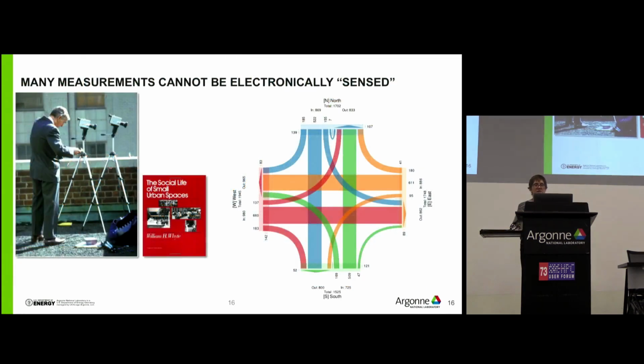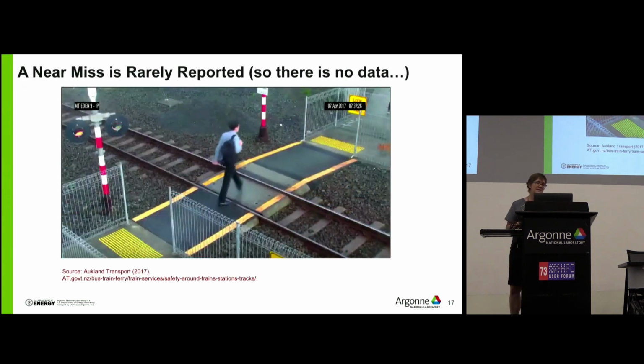But what's really interesting is there's a lot of measurements that we're interested in and questions we want to ask that can't be electronically sensed. And so you want to know about things that happen that there isn't a sensor out there that you can buy and have a Linux driver for that we can hook up to our Waggle platform. You want to ask questions. A good example is